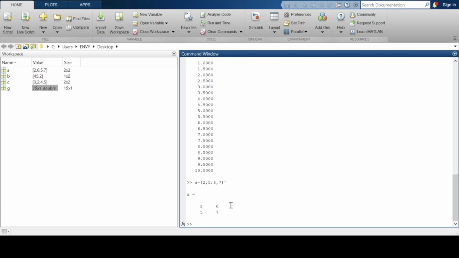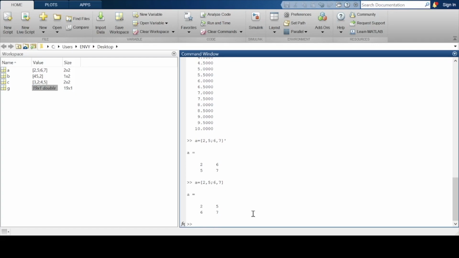That's what happens when we transpose a matrix. We can compare by seeing when it was not transposed. You can see that the row gets exchanged with the column when it's transposed.